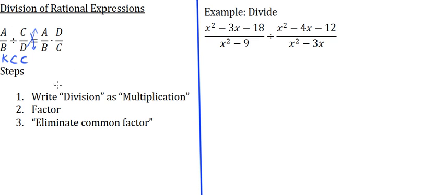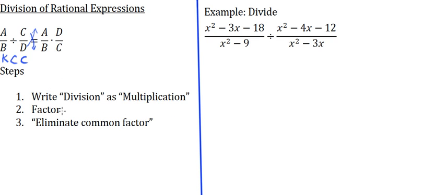So for you to remember the steps to do this, follow this. Step 1, write division as multiplication. So keep, change, flip will allow you to do that, right? Change division for multiplication first, even before factoring. Step 2, factor as before, right? Once you turn this division into multiplication, you factor as before. And step 3, eliminate common factors, meaning eliminate common factors on the numerator, denominator,